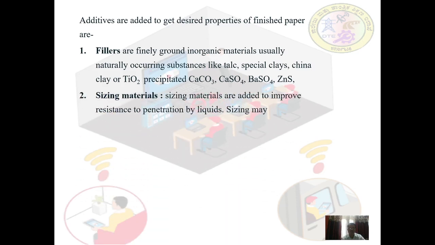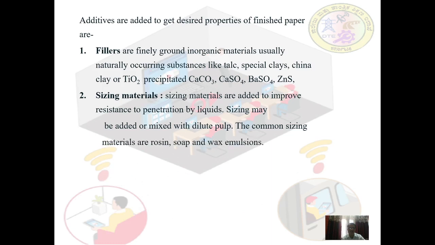The other material required is sizing material. Sizing materials are added to improve the resistance to penetration by liquids. Sizing may be added or mixed with dilute pulp. The common sizing materials are rosin, soap or wax, emulsion,